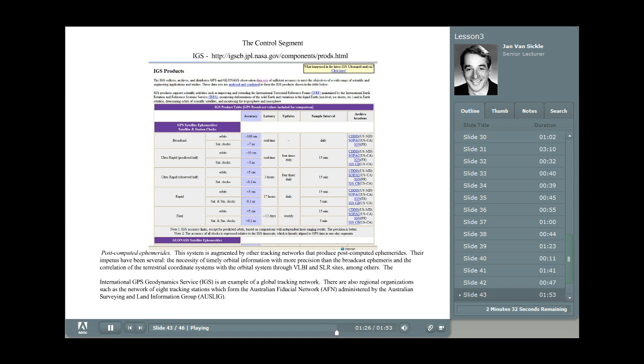And the reason, of course, is that the broadcast ephemeris is predictive. It's uploaded with the idea that it's an approximation of where the satellite will be sometime later. Much different to have the tracking information of the satellite at exactly the moment that you were tracking it with your receiver. So here's one, the IGS site,